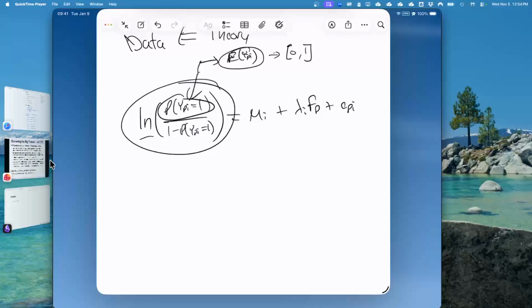Okay, so this thing is us taking a transformation of the mean to map the mean from 0 to 1 onto the space of the real number line, from negative infinity to positive infinity. Because once this is on the real number line, then the regression equation looks sort of the same. Although I did make one little error on this: I left error on here. We often take the error off. So that's how it all connects, and that's what we're going to do.